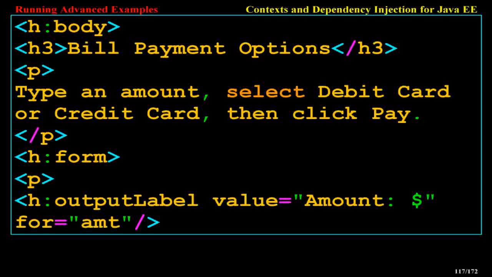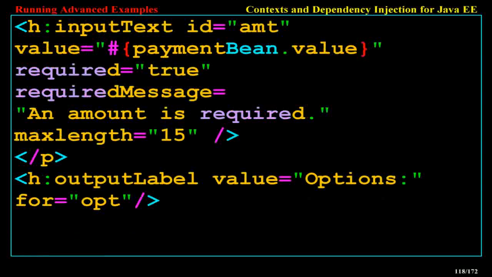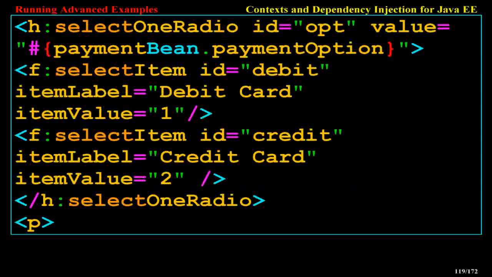<h:form> <p><h:outputLabel value="Amount: $" for="amt"/> <h:inputText id="amt" value="#{paymentBean.value}" required="true" requiredMessage="An amount is required." maxlength="15"/></p> <p><h:outputLabel value="Options:" for="opt"/> <h:selectOneRadio id="opt" value="#{paymentBean.paymentOption}"> <f:selectItem id="debit" itemLabel="Debit Card" itemValue="1"/> <f:selectItem id="credit" itemLabel="Credit Card" itemValue="2"/> </h:selectOneRadio></p>